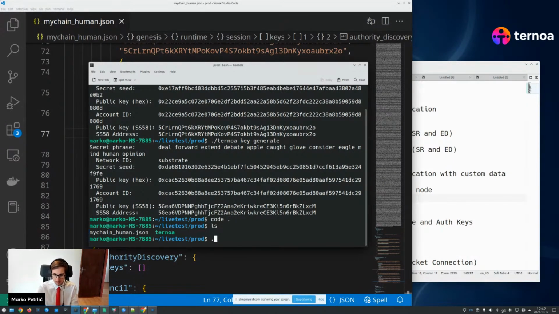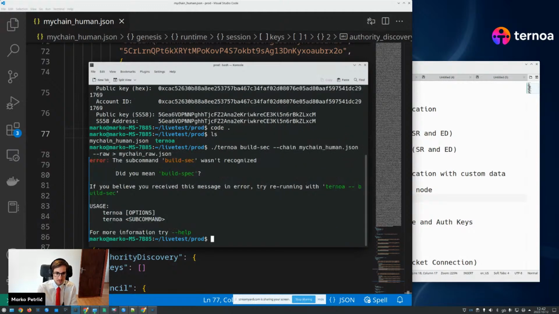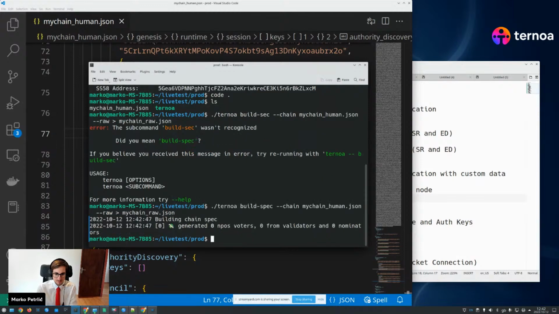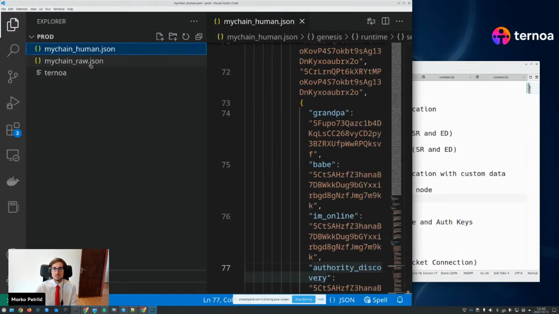So this is how it looks. We're going to do Canoa, build spec. Instead of AlphaNet dev, we're going to write my chain. And we're going to add dash raw, to have it in raw, and then we need to pipe the results to my chain underscore raw.json. Oh, it's build spec, not build sec. And it's done. Now, if we go to Visual Studio Code, we now have the my chain raw file,